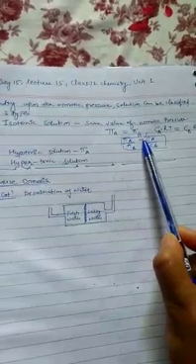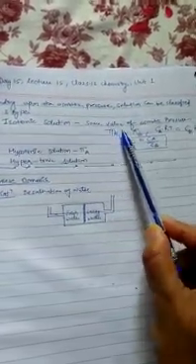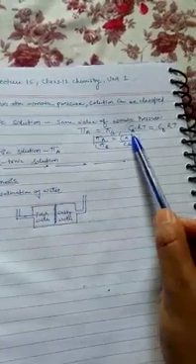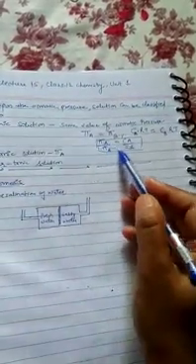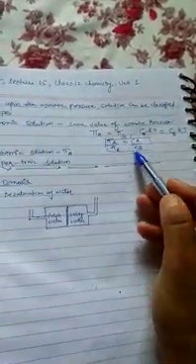That means if there are two solutions, say A and B, then osmotic pressure of A solution will be equal to osmotic pressure of B solution. In terms of concentration, we can write it as CaRT, where Ca is the concentration of A solution and Cb is the concentration of B solution. So CaRT will be equal to CbRT. Or I can write this as pi A by pi B will be equal to Ca, concentration of A, divided by concentration of B.